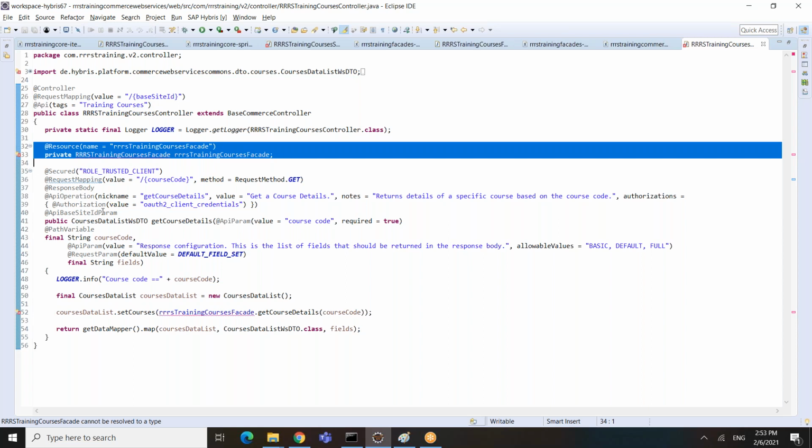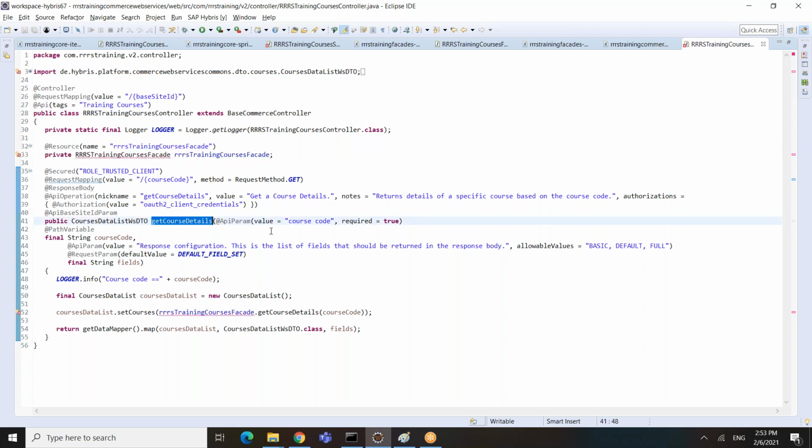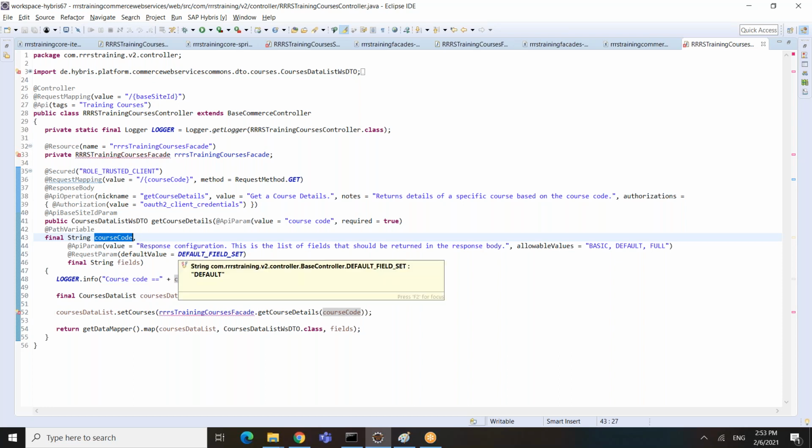Then I defined a method called get course details based on course code, which takes a course code as an input parameter, and also one more parameter, the level of scope. There are different levels of scope, we'll talk about them in a minute, but here there are two parameters.